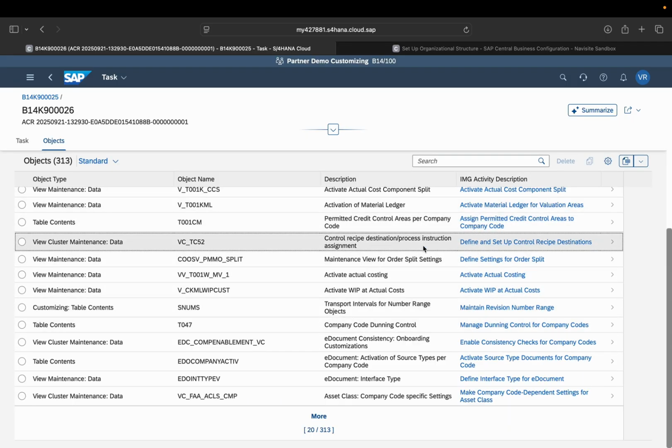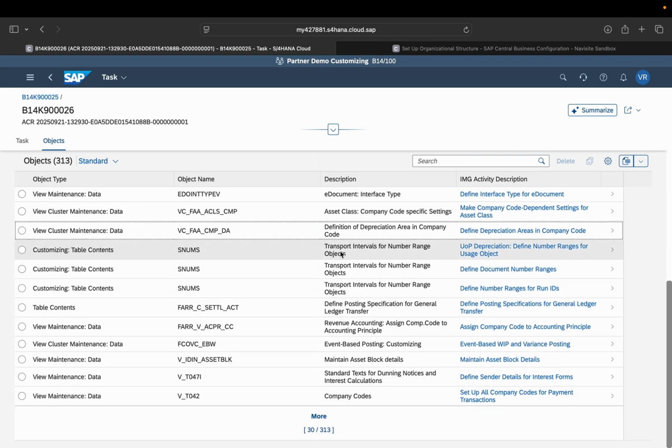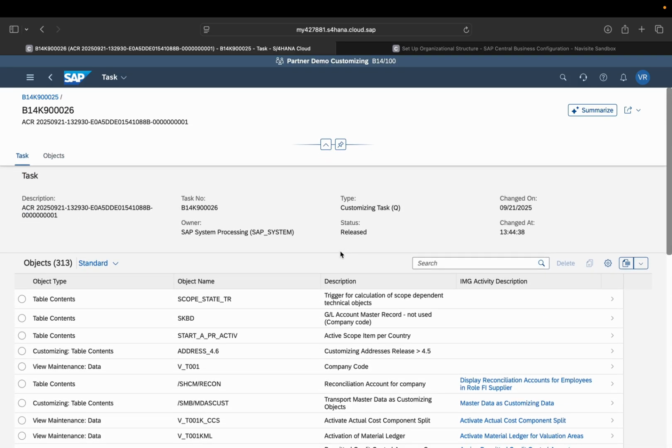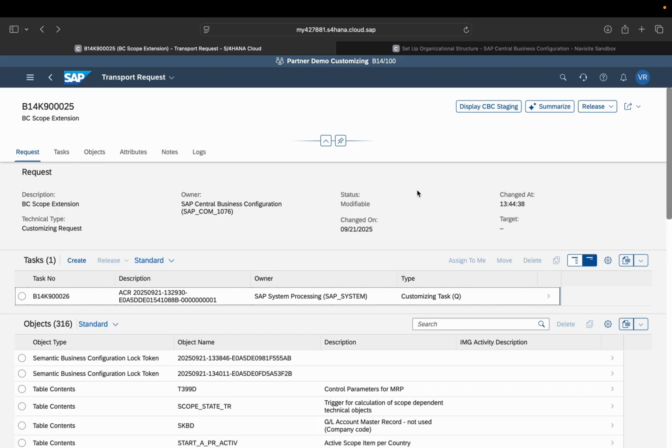So we can see that the system generates each and every activity object under the TR and sets up every structural activity at the backend.